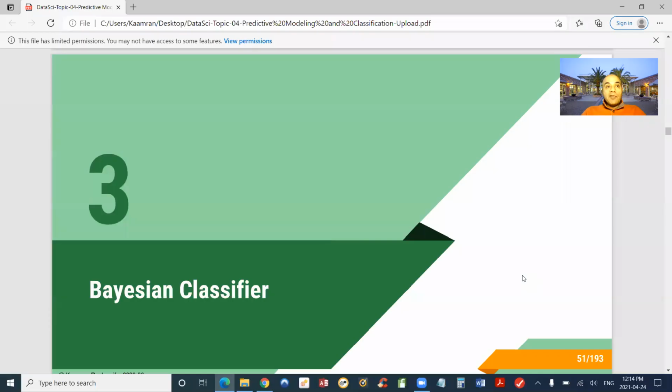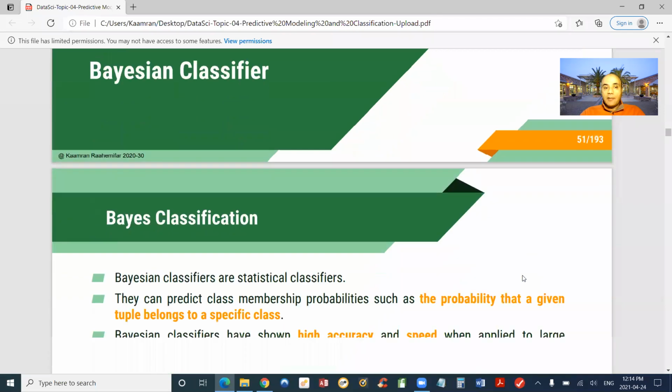I would like to go through another example just to solidify our understanding of how a naive Bayesian technique works. Let me share my screen. This is part 3, Bayesian classifier. The slides are available for your